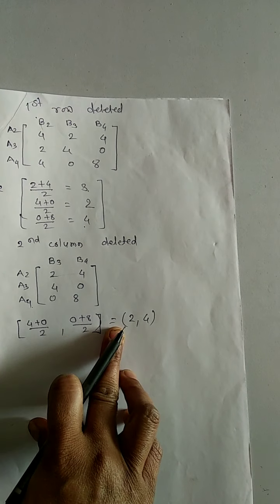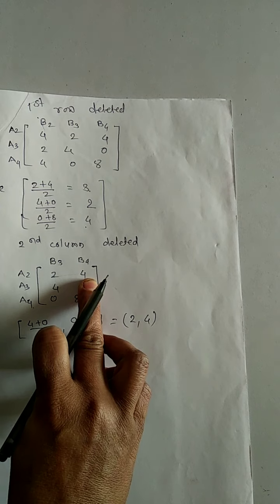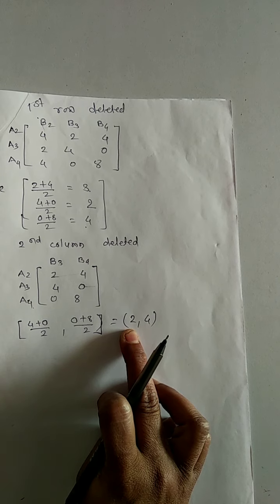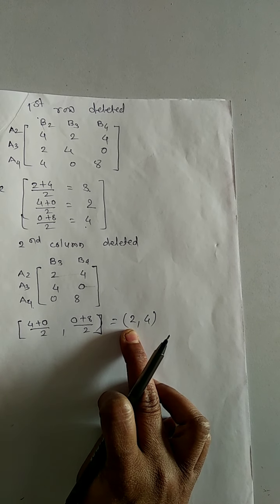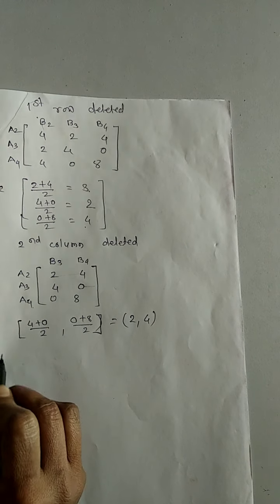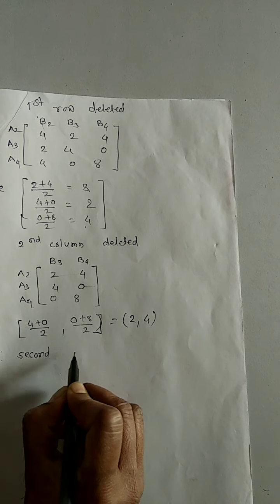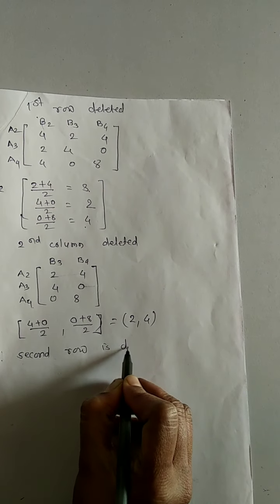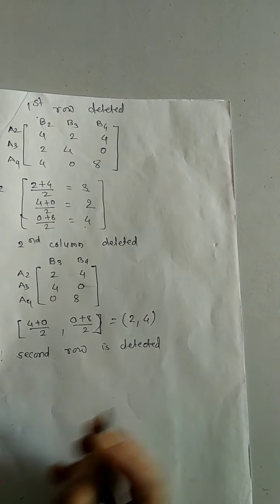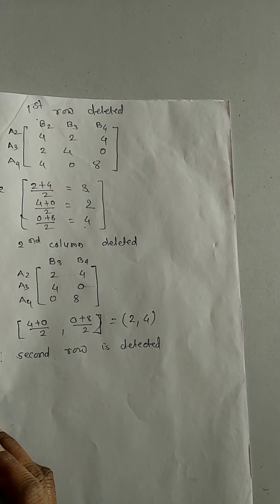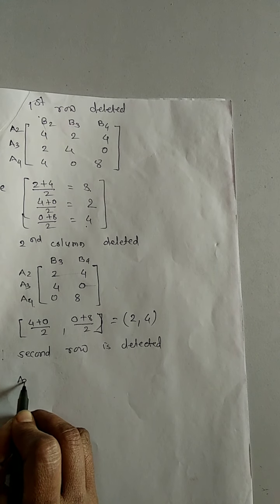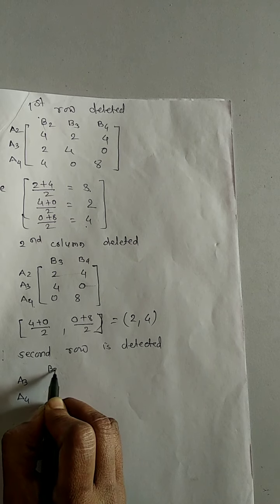This value is equal to this value, meaning the average of the third and fourth rows is equal to the second row, and you know the rule for dominance for rows, and then the second row is deleted. Then we get the 2 by 2 payoff matrix A3, A4, B3,